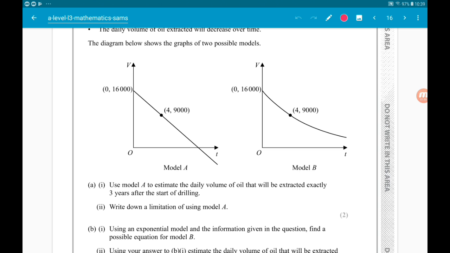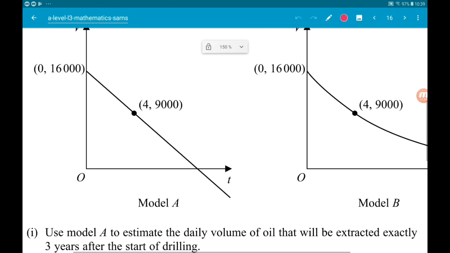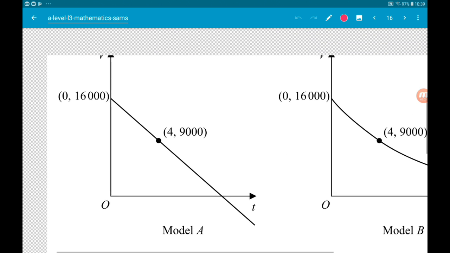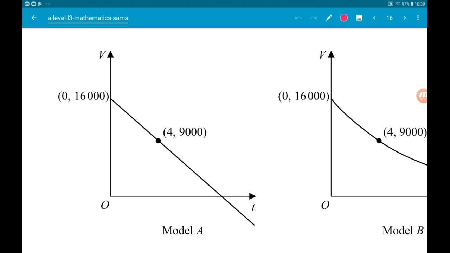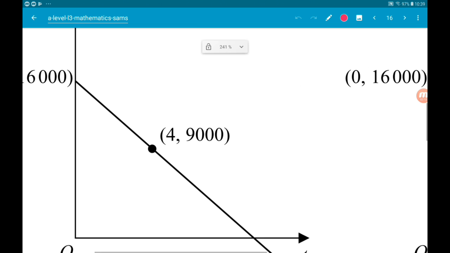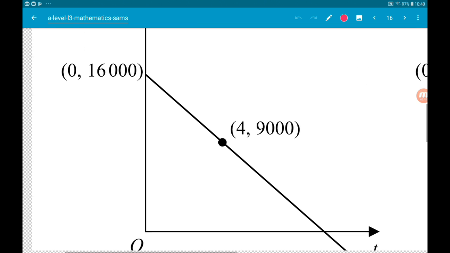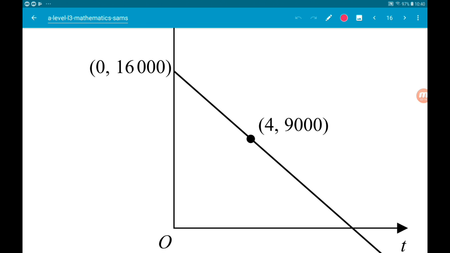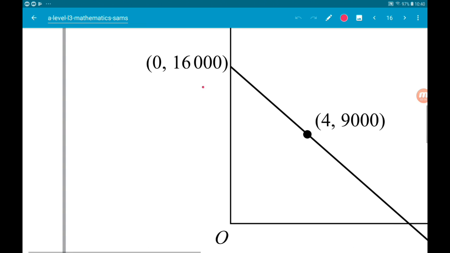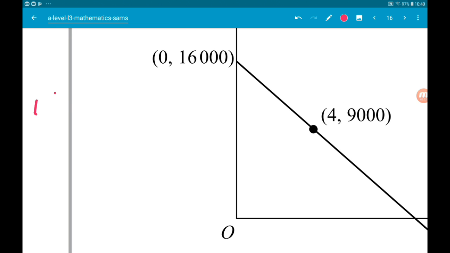Okay, so using model A, which is linear, the decrease from year to year is going to be exactly the same. So if we find the difference between 16,000 and 9,000, so that's